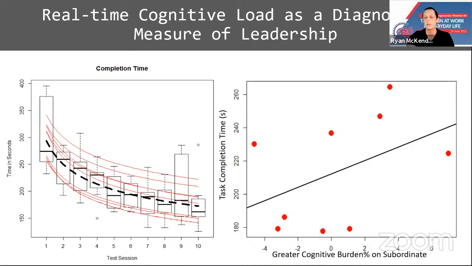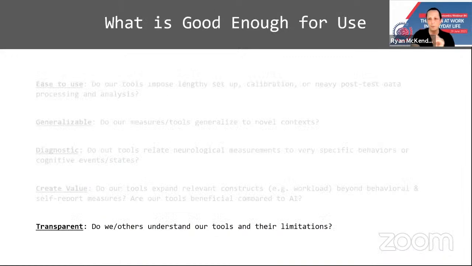You'll notice that, so that would have been on this plot here, any of the positive values on the x-axis, that's when the subordinate is more overloaded for a percentage of time than the supervisor. The negative values are when the supervisor is taking on the burden. And you can see for the most part, and I'll finish up real quick with one last comment